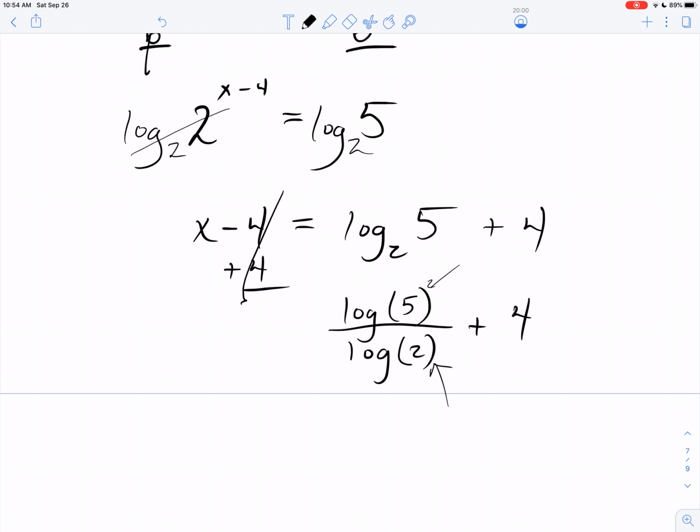Because if you forget to do stuff like that, it will lie to you. So I'm going to punch it in. Log of 5, close the parentheses, divided by log of 2, close the parentheses, plus 4. And my final answer then turned out to be